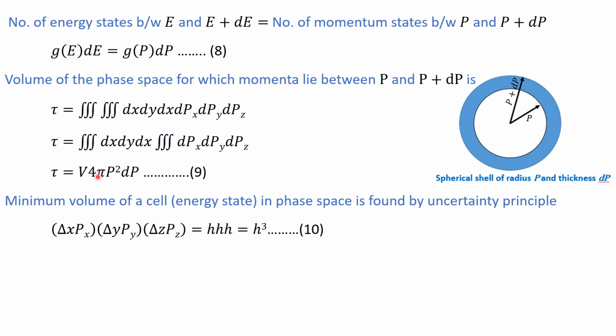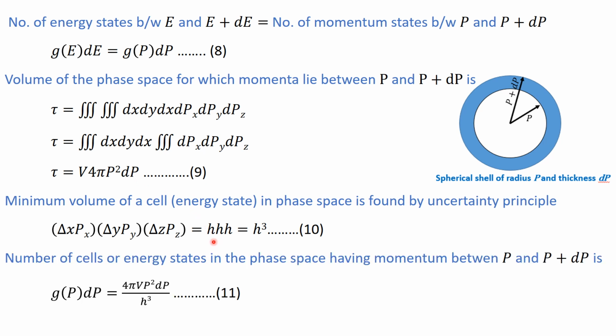So now you have the volume of the phase space for momenta between P and P plus dP, and you have the volume of the cell or the energy state. So if you divide this by this, this will give you the total number of energy states. So the total number of energy states in the phase space having momenta between P and P plus dP is given by this equation number 11. This is the total volume, this is the volume of each cell. So this gives you the number of cells, and the number of cells is equal to the number